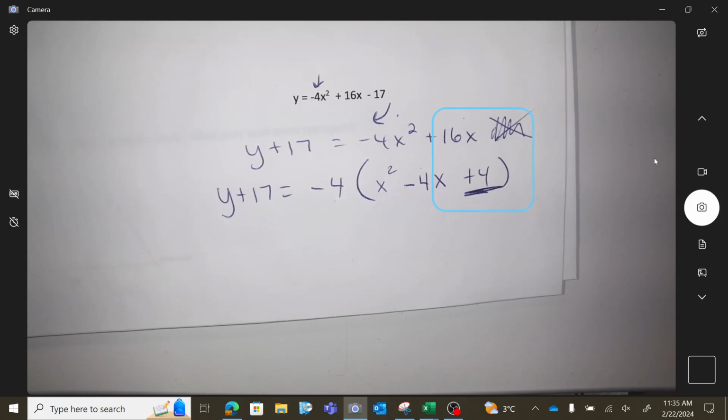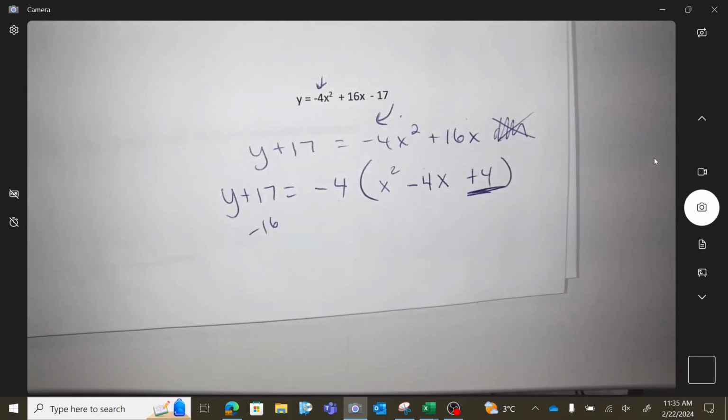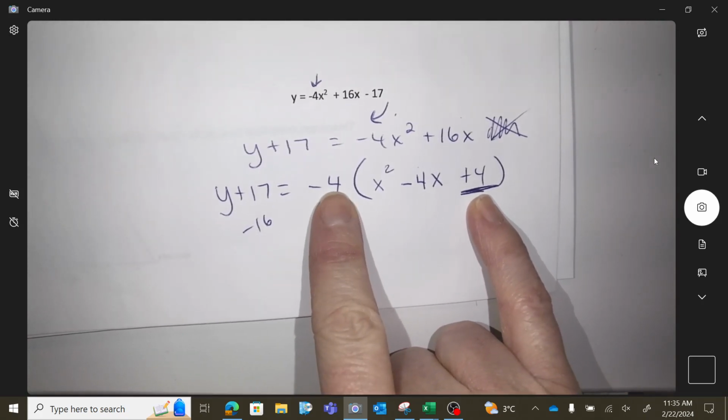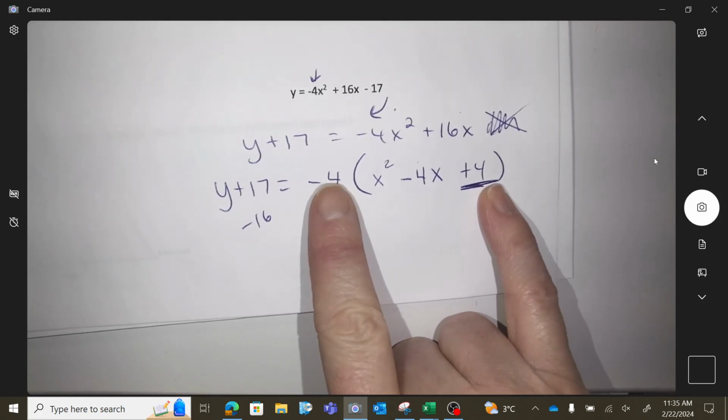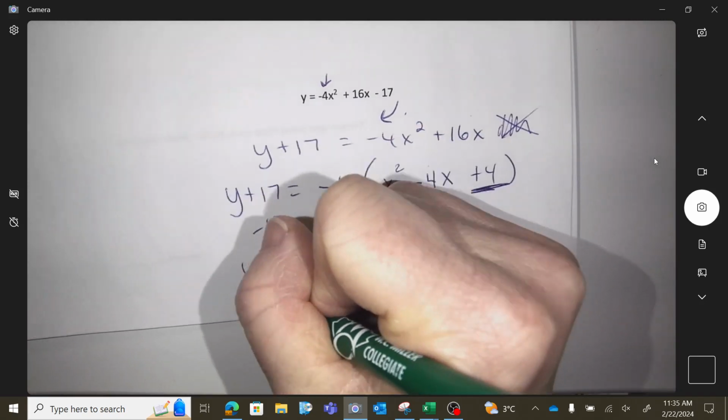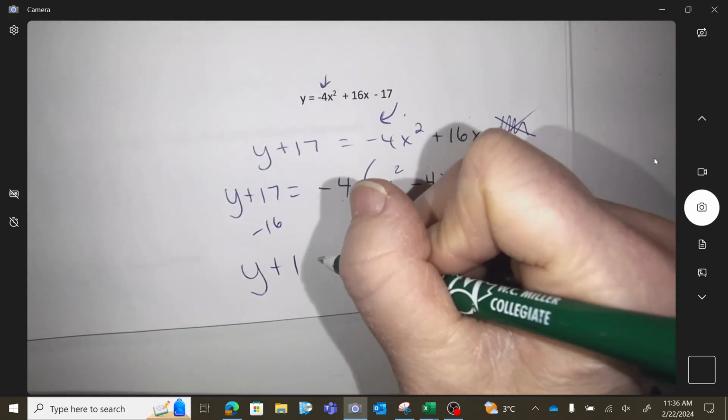Okay, now think about balancing it out. It's not 4. Subtract 16. That's where I'm getting it from. Everything that I've done in here is also times by -4. So that's subtract 16. So y plus 1 equals